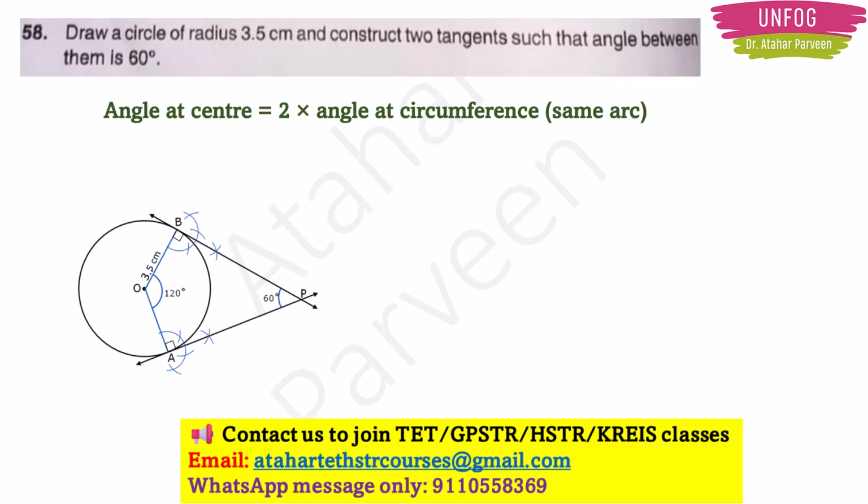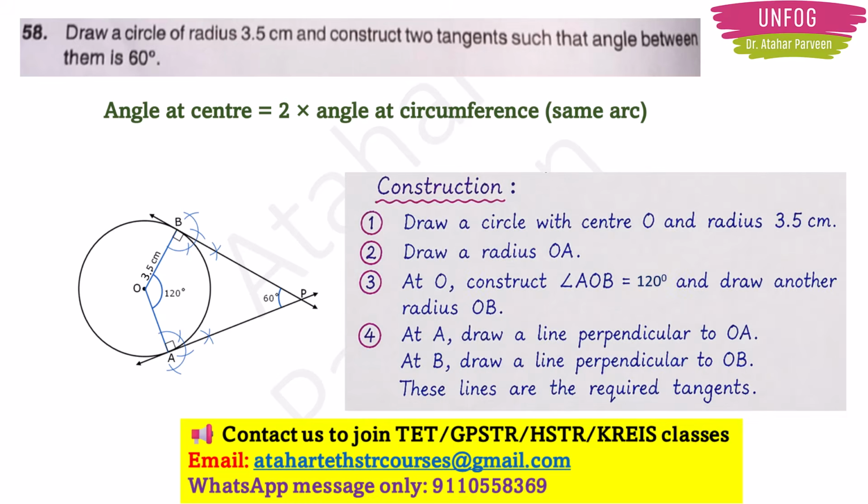So you can draw it like this. How are you going to draw? See, first at the center you can draw one radius of 3.5 centimeter, because they are telling in the question that it is 3.5 centimeter, right? At that radius, you can keep the protractor and construct 120 degree. Why am I telling 120 degree? Because they are telling that the angle between the tangents should be 60 degree. So at the center, if it is 120 degree, then only it is going to be possible, right? So you have to understand this point here and construct 120 degree.